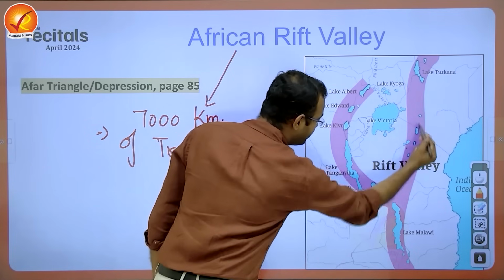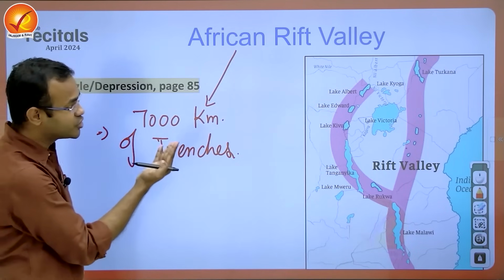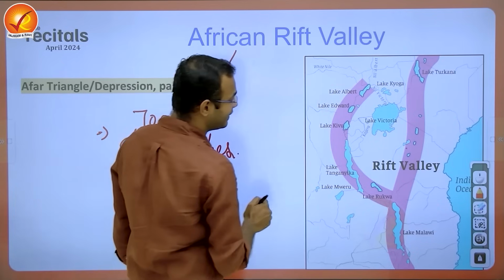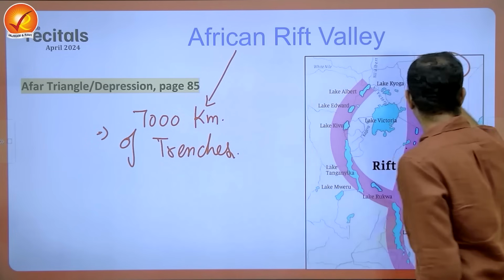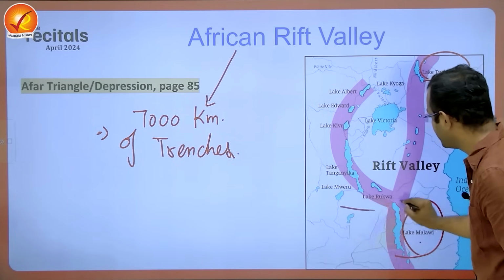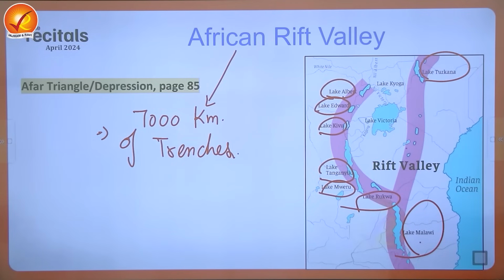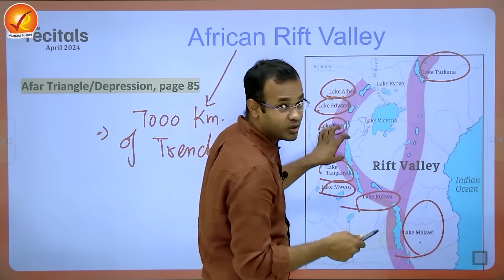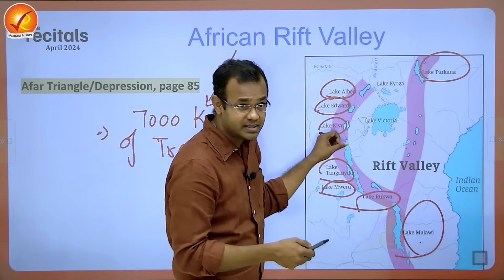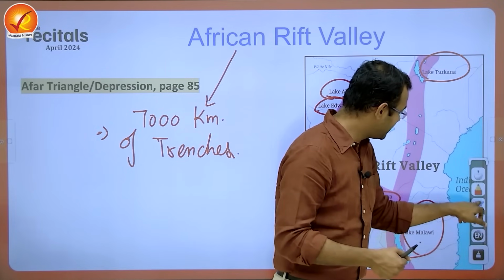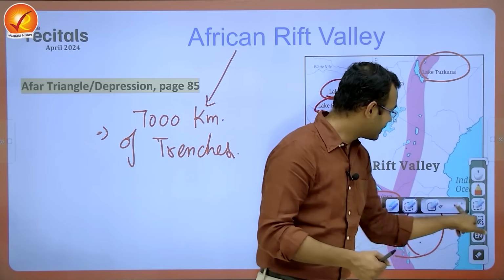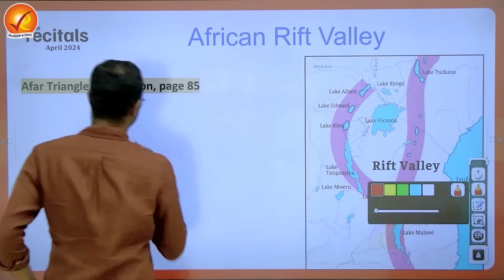In the diagram, you can see a pink shaded portion resembling a white shape. We call it the African Rift Valley. Within this, you will be able to see a large number of water bodies present in the pink shaded portions. We call them rift valley lakes. These are several. Here we have taken only the most prominent lakes, but we do have several deep elongated lakes, what we call ribbon lakes, or in other words, rift valley lakes.